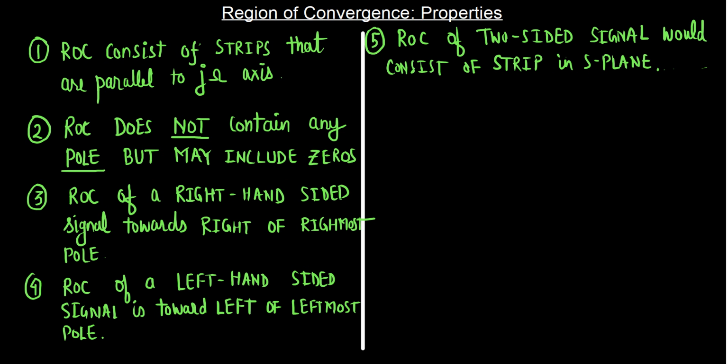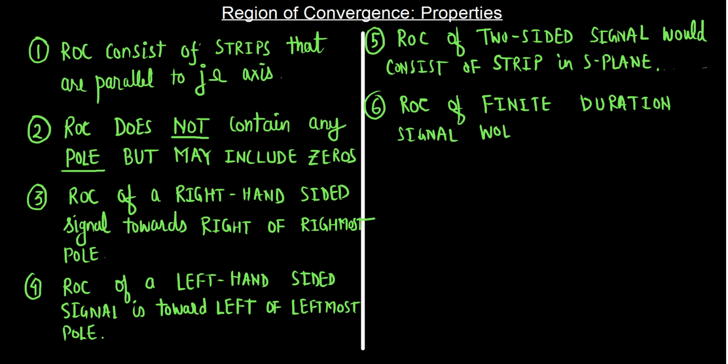Now what about a signal that is finite in duration, so that is neither left hand sided nor right hand sided? For such signals, just because it is finite in duration, there is no constraint on the region of convergence; the signal is always going to converge. So the ROC of a finite duration signal would be the entire S-plane,